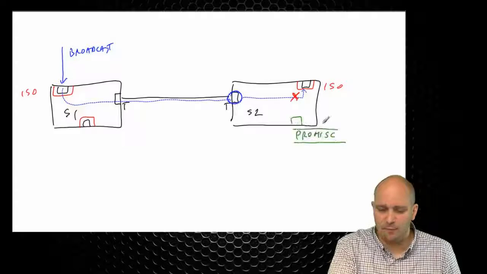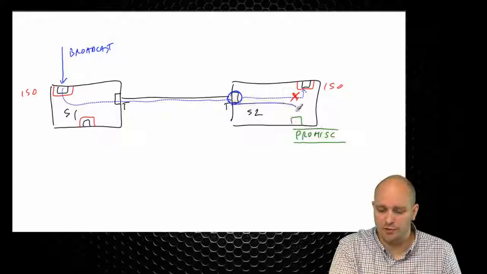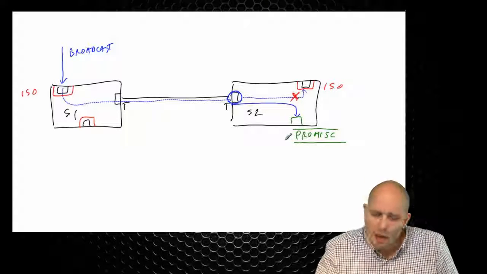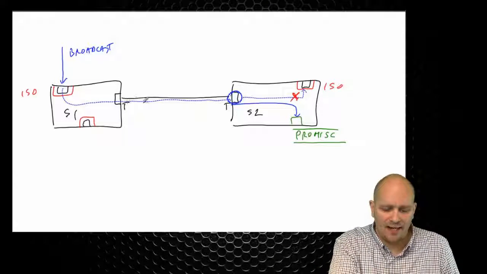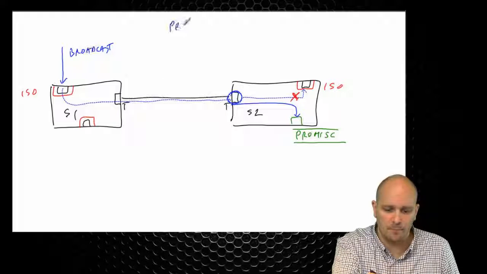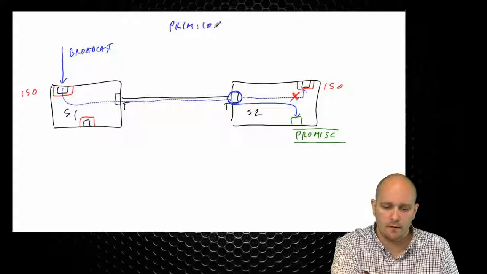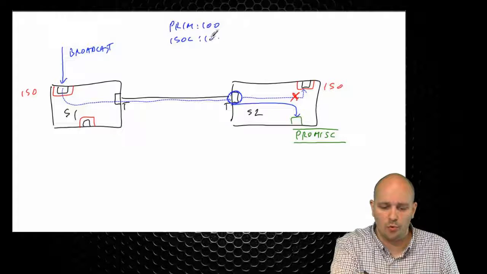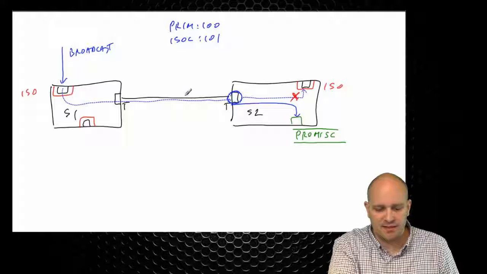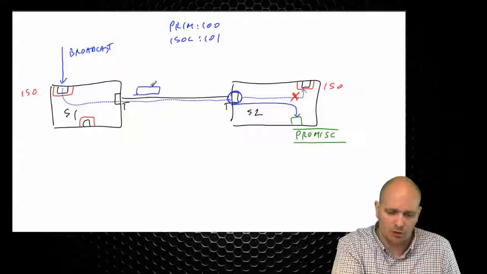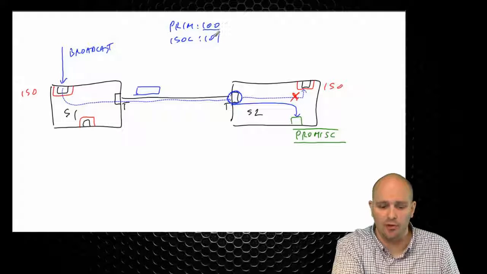Will this traffic be sent out of the promiscuous port? Well, the answer in that case is yes. But what will be the VLAN ID that is carried on this traffic? Let's say that the primary VLAN was 100 and that our isolated VLAN was 101. When this frame goes out of this port, will it be tagged as VLAN 100